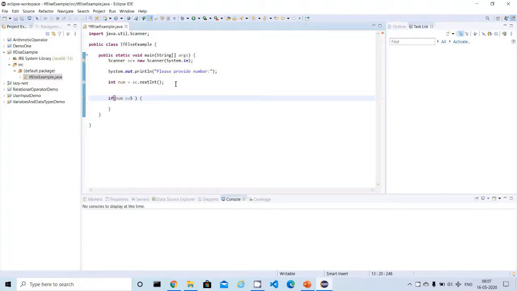So what I am trying to do here, if the user provides number 5, then I want to display something. So what is this operator? This operator is called a relational operator. We have already seen this operator's usage as part of the previous example. So I'm going to write here: if number is 5, then once the user provides the number equal to 5, I'm going to display this statement